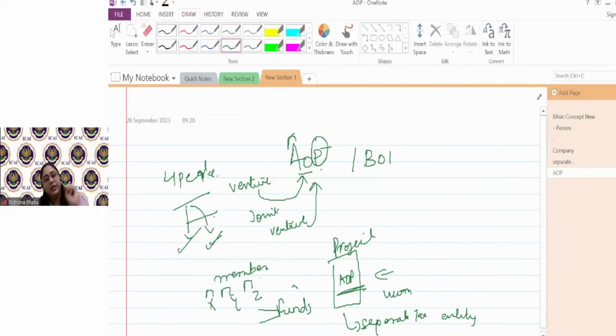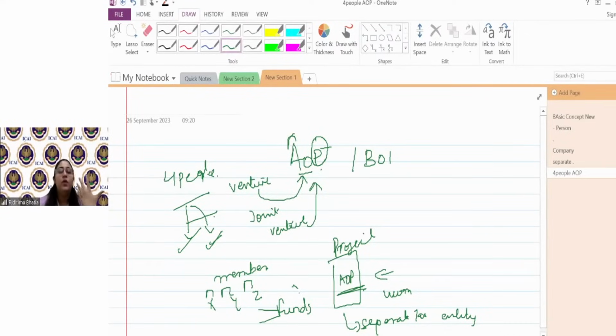अगर XYZ तीनों मिलके company form करते, they would have been shareholders and the company would be a separate taxable entity. If XYZ तीनों मिलके firm form करते, then a firm is for a going concern aspect, and they are carrying on a particular business together to share the profits. Then they would have been a firm. Whatever they form collectively would be called a firm, and they would be the partners.